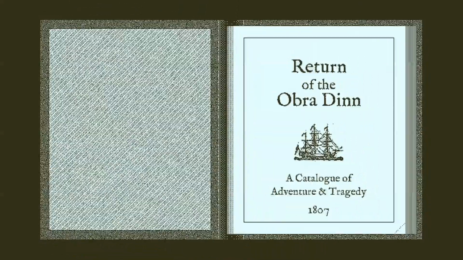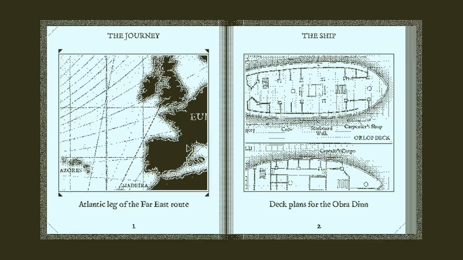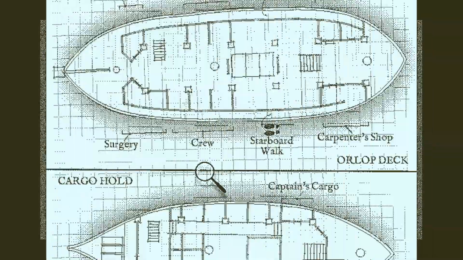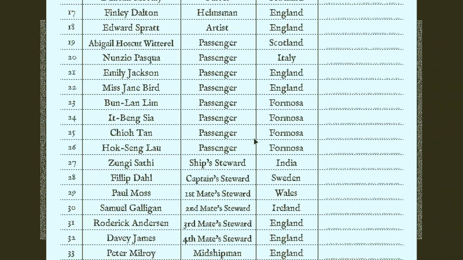Now the book in the original GDC demo, you had to go and find it on the ship, but now it decided for gameplay reasons it's much easier to give you the book at the start. This is where you're going to keep track of all the clues. It's where you're going to report your analysis. There's a preface that tells you that's what you're supposed to do, and then you have an index that lets you take a look at the maps, show you where things happened. There's a map of the ship so you can learn what a lazarette is and what the Orlop deck is. You got the crew manifest telling you everyone that's supposed to be on the ship and where they came from,